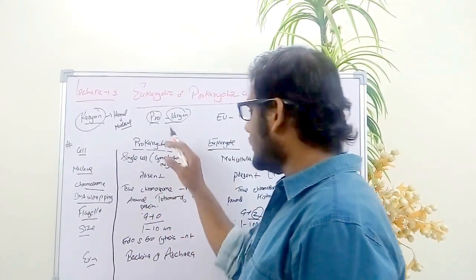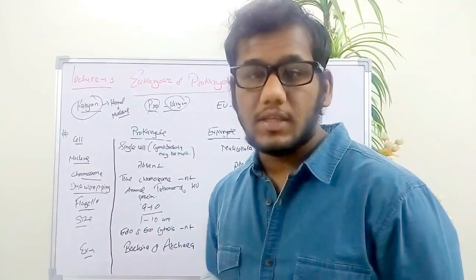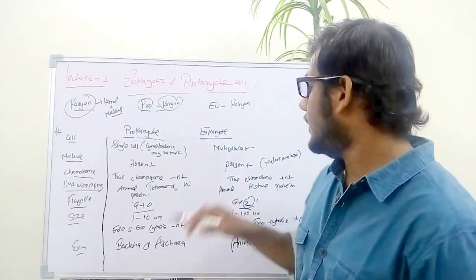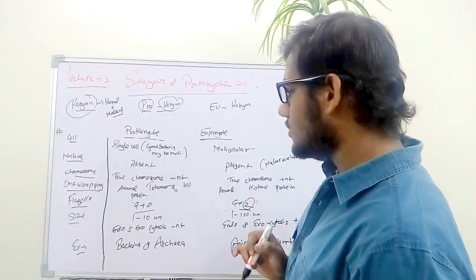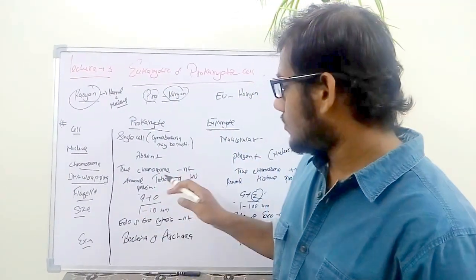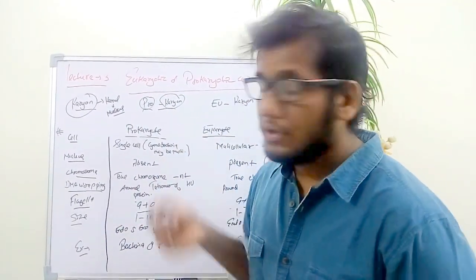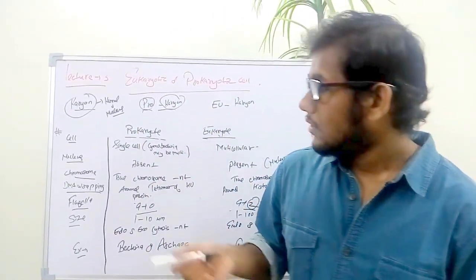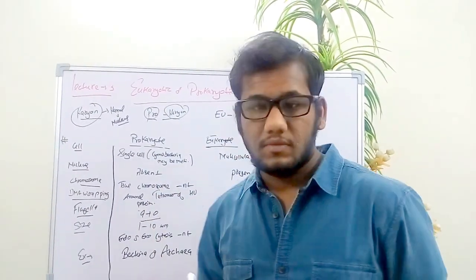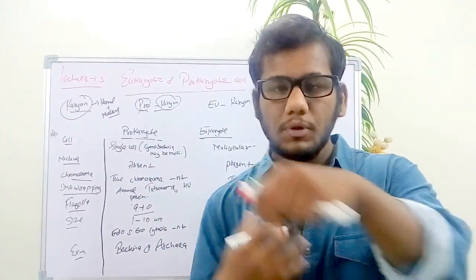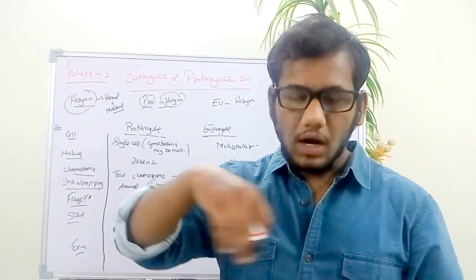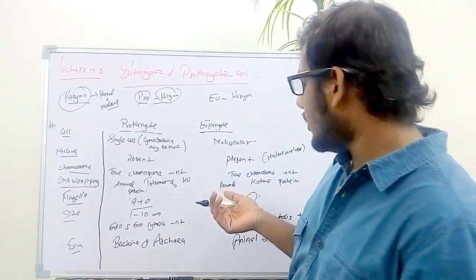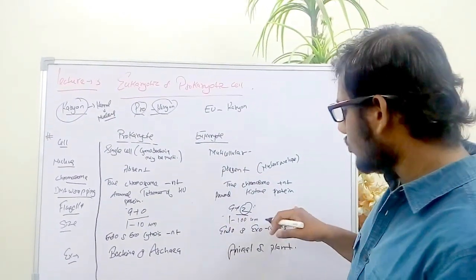As I said, in prokaryotes the chromatin material is scattered in the cytoplasm, so a true chromosome is absent in the prokaryotic cell, and in the eukaryotic cell a true chromosome is present. Now we see DNA. In prokaryotes the DNA is circular, and in eukaryotic cells the DNA is linear. In prokaryotic cells the DNA is supercoiled and wrapped around the tetramer unit of HU protein, whereas in eukaryotic cells it is wrapped around histone protein.